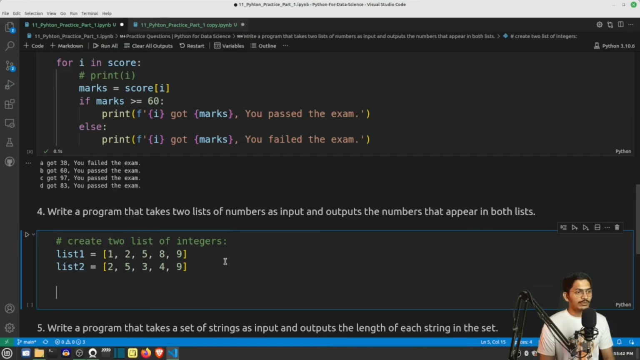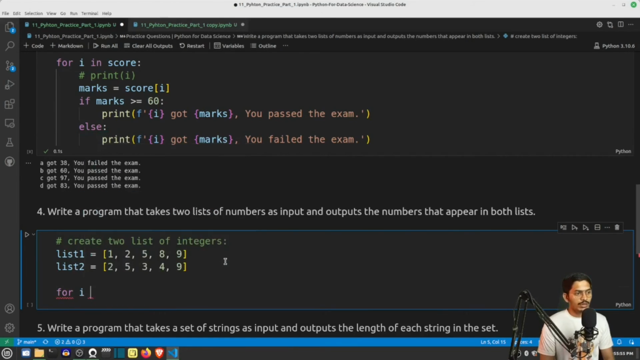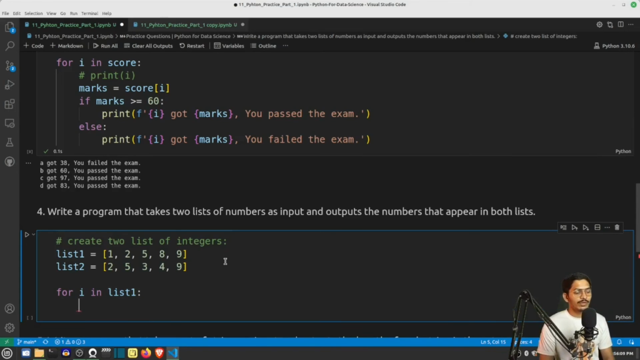So what we will do here, we will use one operator, the membership operator, we call it in. So let's see how we can do that. For i in, let's say both lists have the same numbers. So what we can do, list 1, we will iterate over it. For i in list 1, what we will do, we have to check